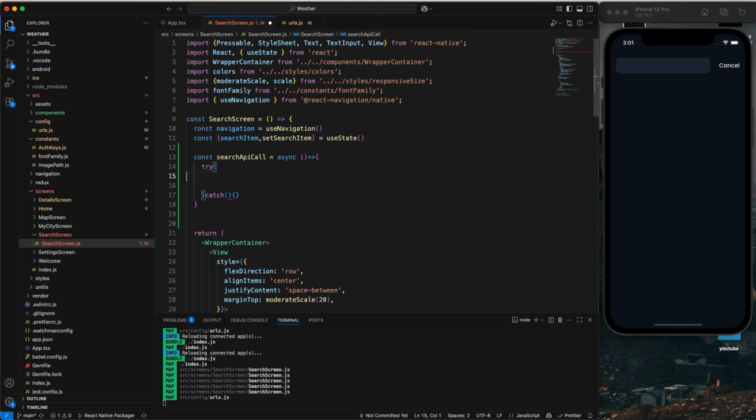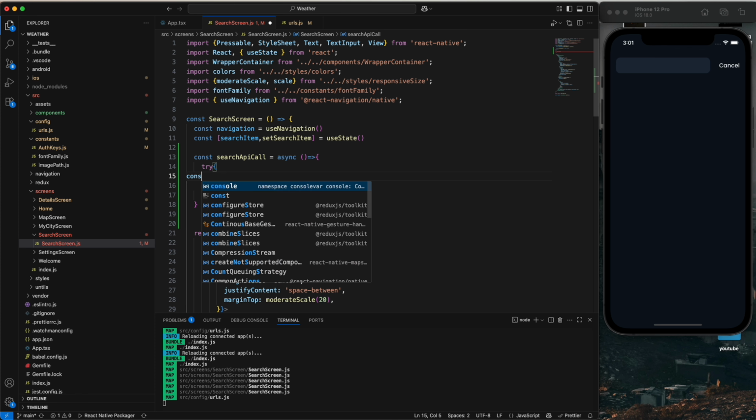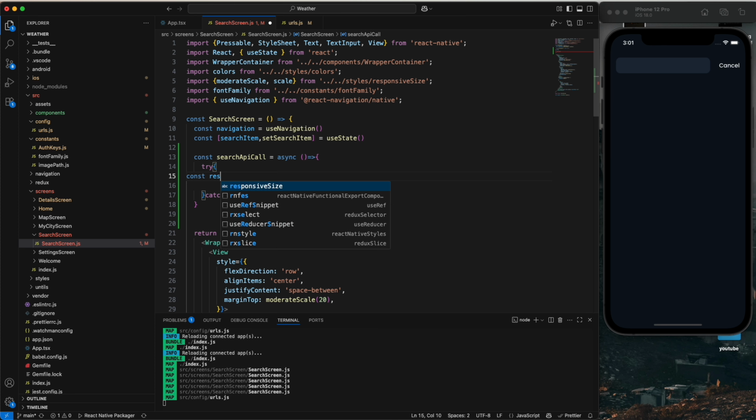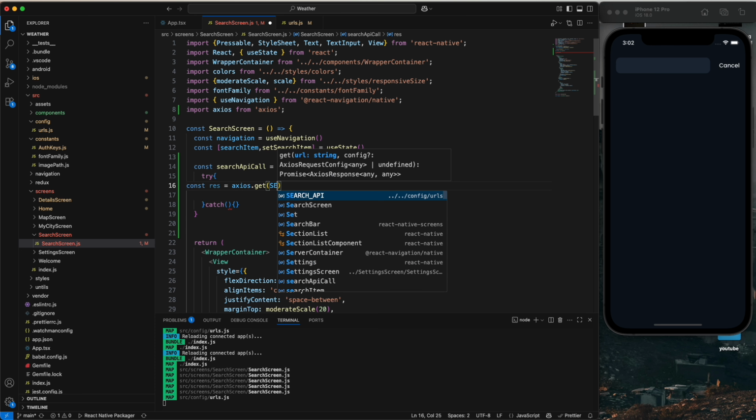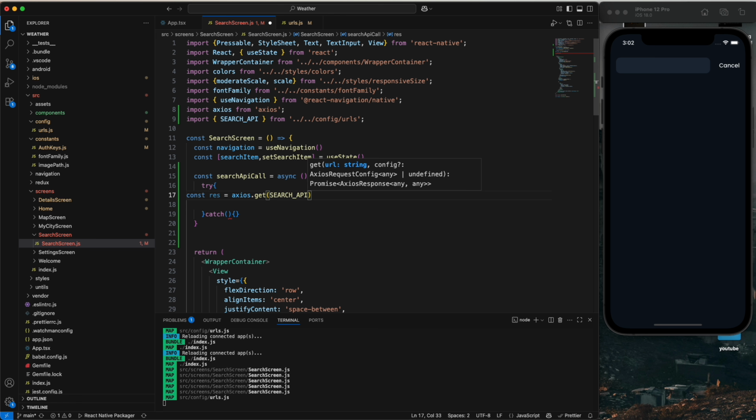And I'm going to add const response is equal to, so first I'm going to import Axios and use Axios dot get. So we are going to import the search API, you can see, and we are going to pass the search item, just copy and paste it, and also make it a string,